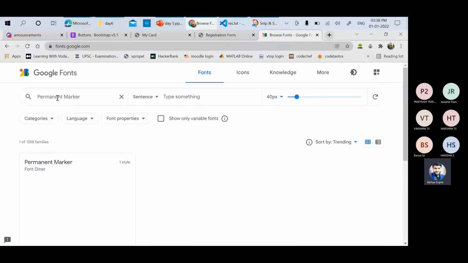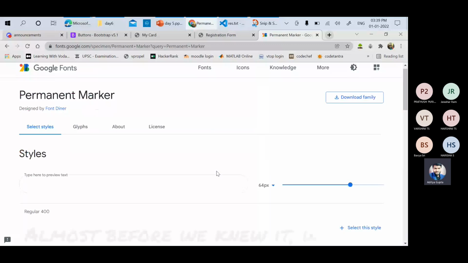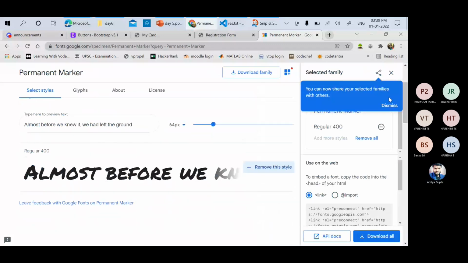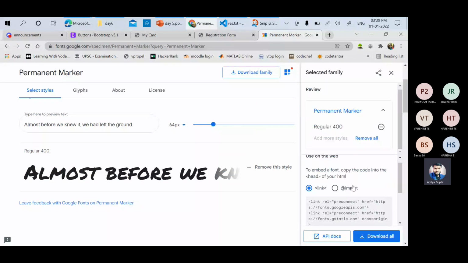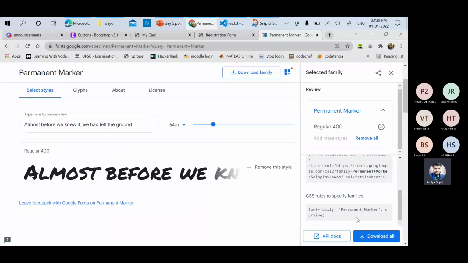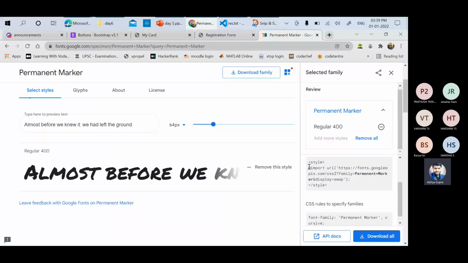Just go to Permanent Marker. It looks kind of italic, and I'll let it load. Why is it taking time to load? Okay, fine. Once I've clicked over it, select this style. And you have two ways. You can either use a link. When you use a link, copy the code and add it into the head and apply the CSS. Let me use import, not link. So inside the styles, you have to add this. Just copy that, don't copy the style tag, just what's in between, and go to your CSS